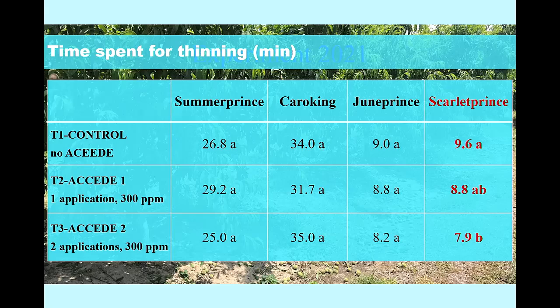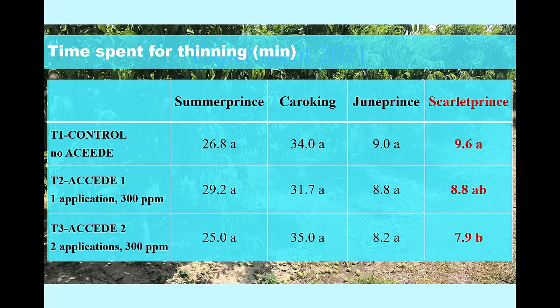Among these 4 cultivars, the only differences that we saw was the time spent at thinning. We had 3 workers, told them just thin them as you normally do. We measured time, and again, June Prince and Scarlet Prince were smaller trees. That's why you can see they took less time than for Summer Prince and Carolyn. But Scarlet Prince was the only one where we were able to see some reduction in time, even though when counting, I think we did 20 shoots and counting the number of fruits, we did not see any difference. So pretty disappointed